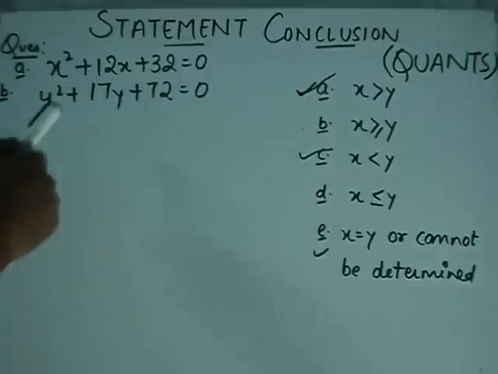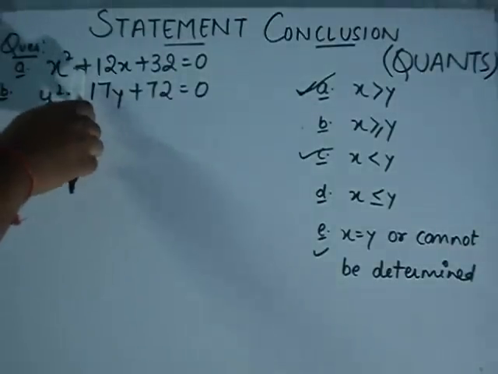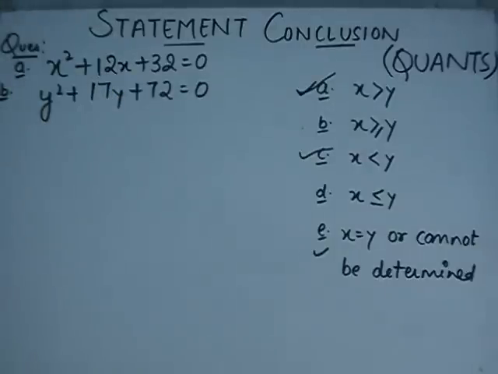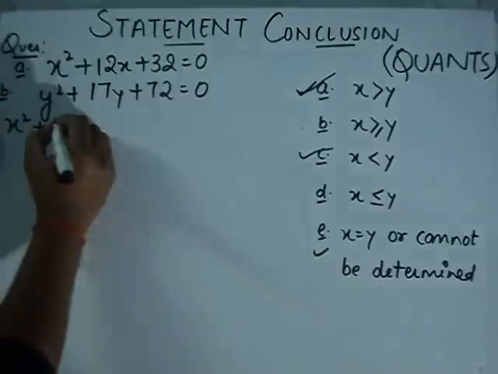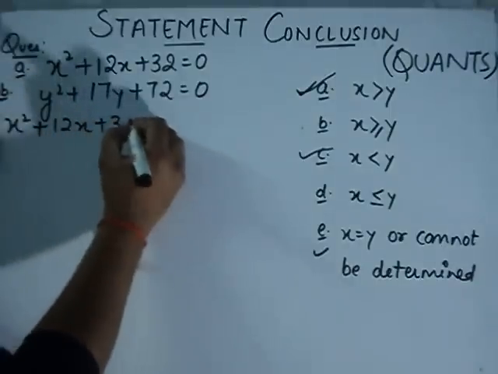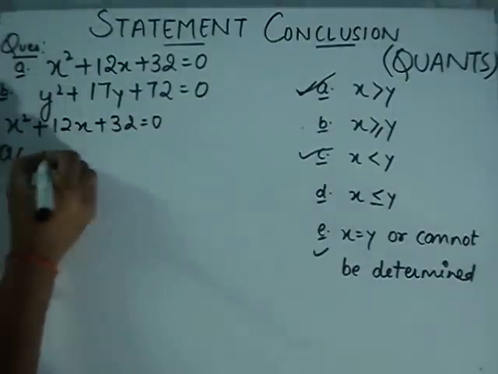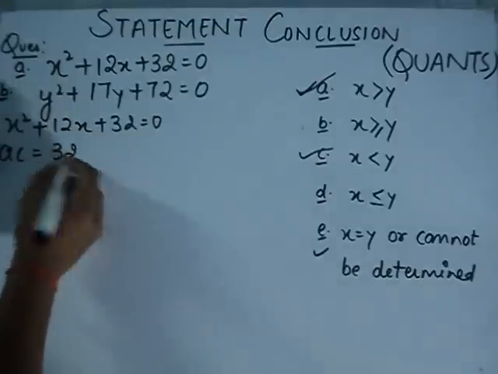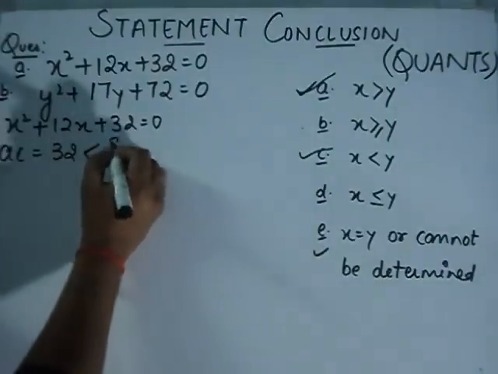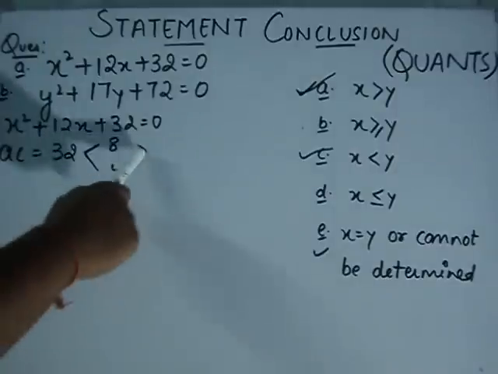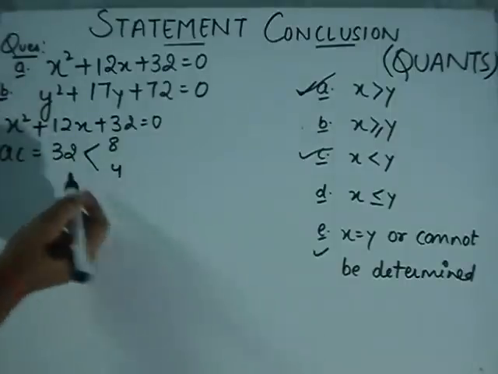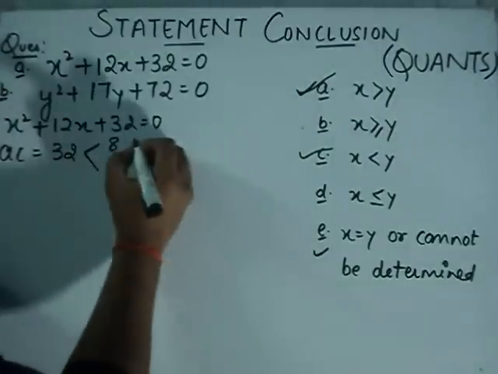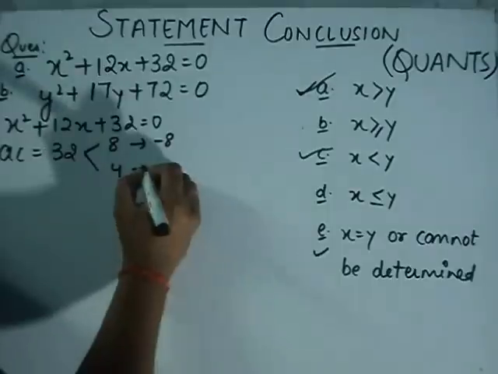As in the trick, where I told you that when both the signs are positive, means both the roots are in negative form. So I am going to take my first equation. AC is 32, and after splitting I am getting 8 and 4. On addition I am getting 12 as B, and after multiplication we get 32. But as I told you, change the sign: minus 8 and minus 4.